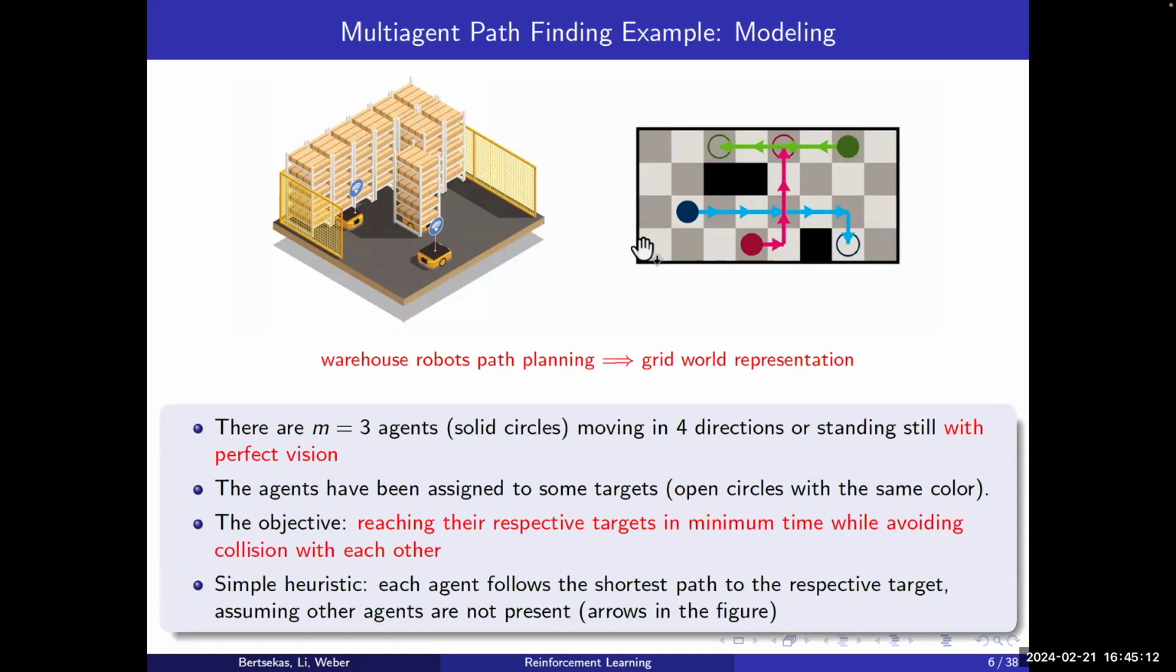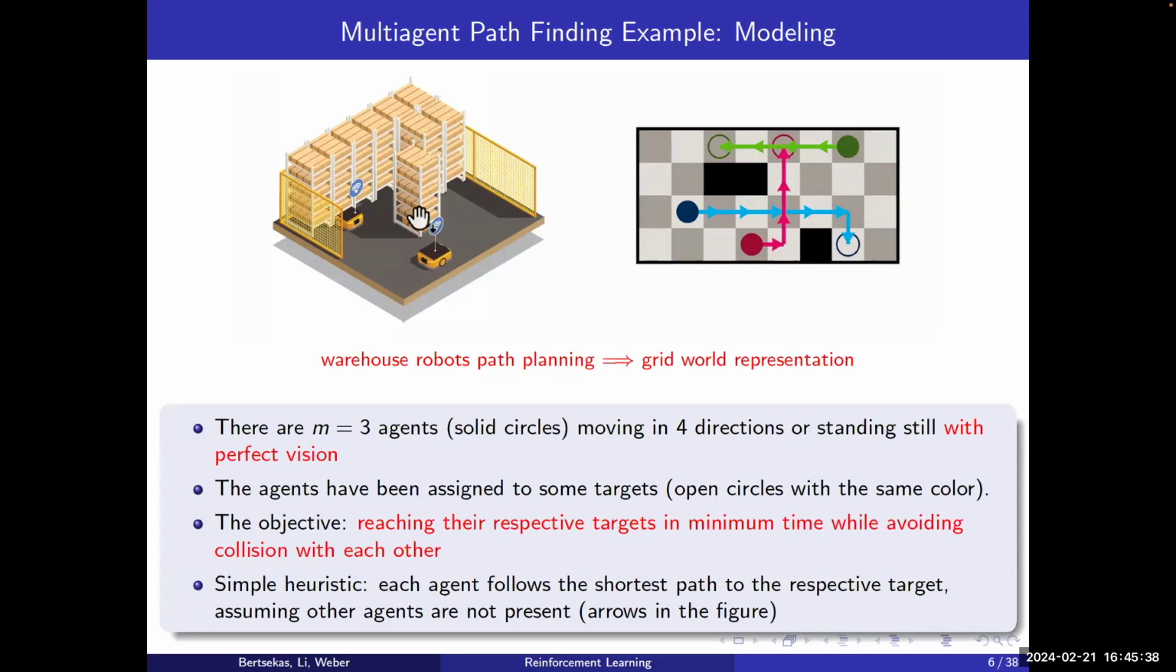For this problem, there is a simple heuristic, which is that each agent follows the shortest path to their respective target, while assuming all other agents are not present. And this is shown by the arrows in the figure. So starting from this